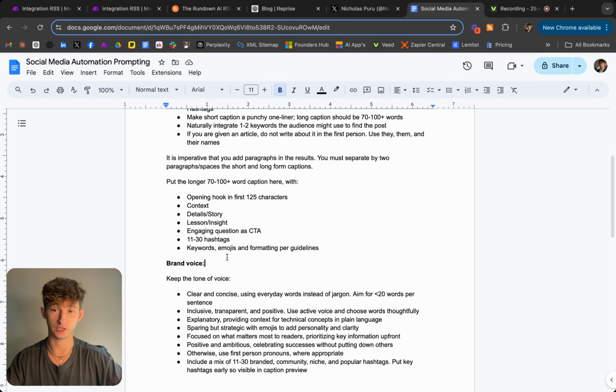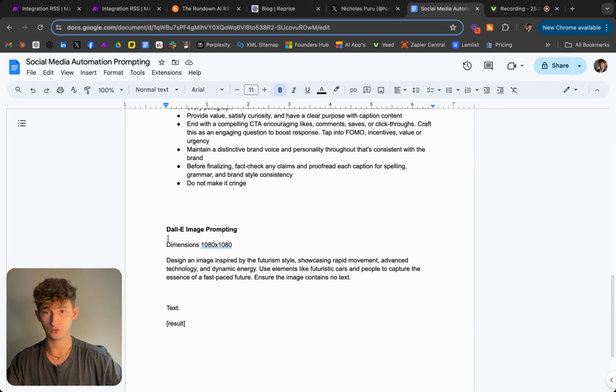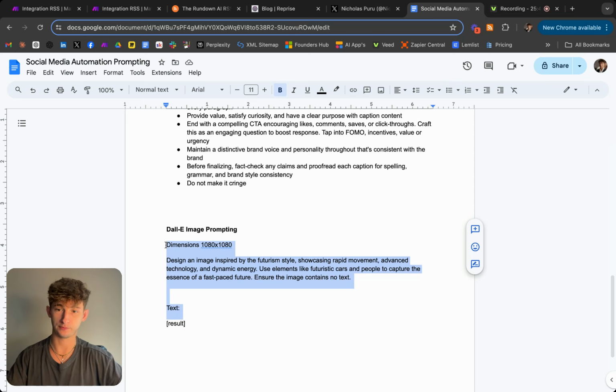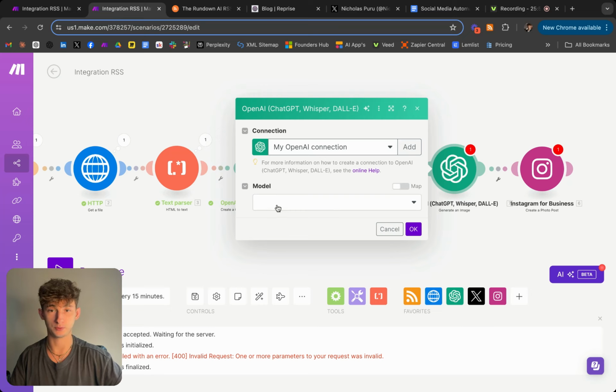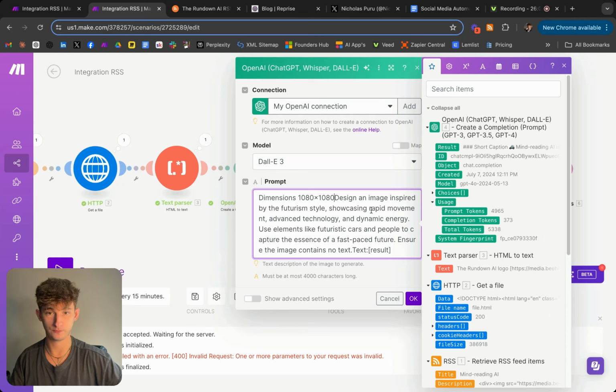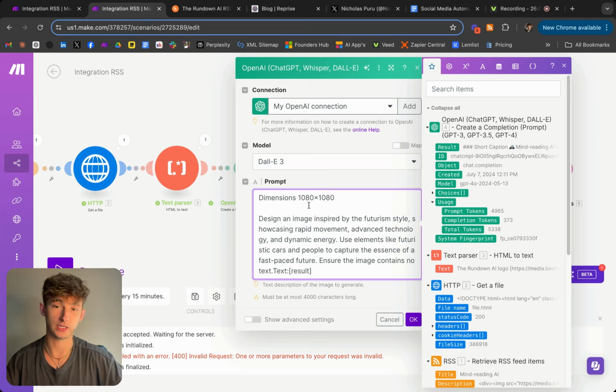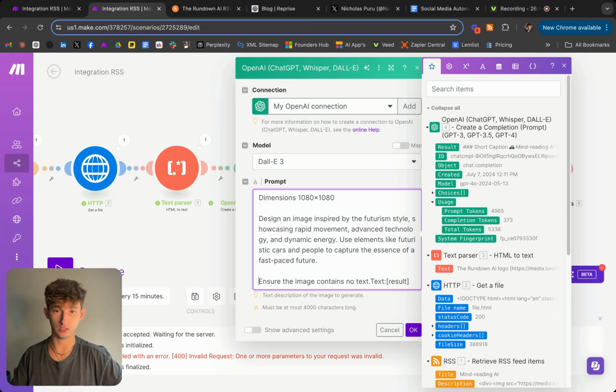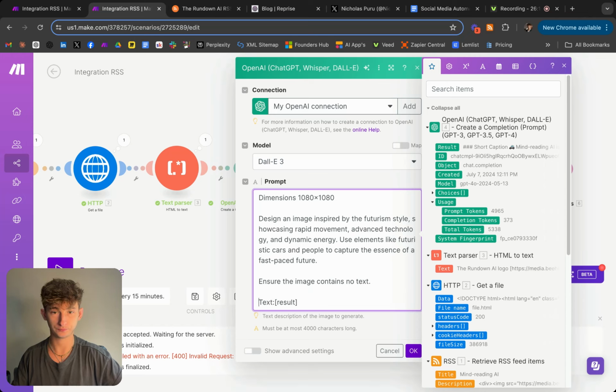So let's go back to my document because I already have a prompt for this. So let's go to DALL-E image processing or prompting, and let's just copy this in. Again, you could find that document in the description below. So let's use the latest module, which is DALL-E 3, and let's put in our prompt. So basically I'm just telling it the dimensions will be 1080 by 1080, and design an image inspired by the futurism style, showcasing rapid movement, and a few other things. So let's say ensure the image contains no text, and then let's include some context. So we'll get that from right here,